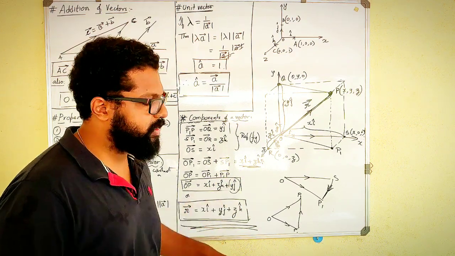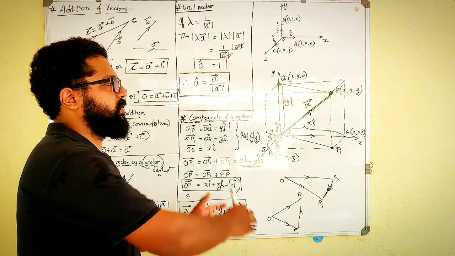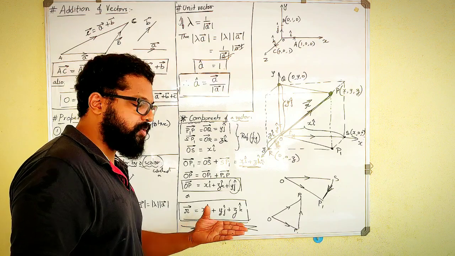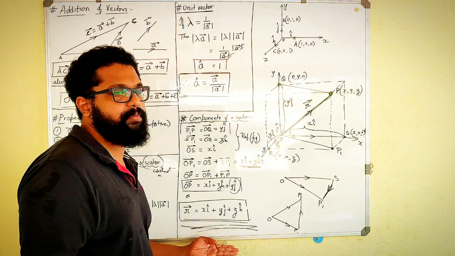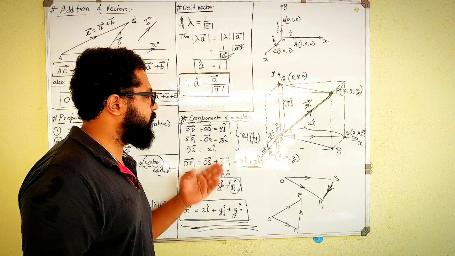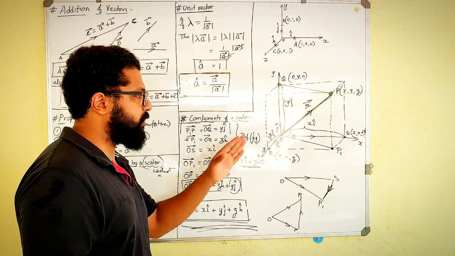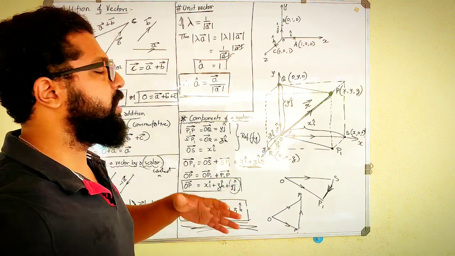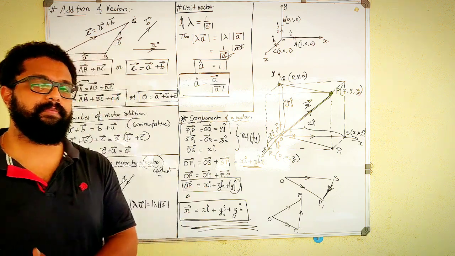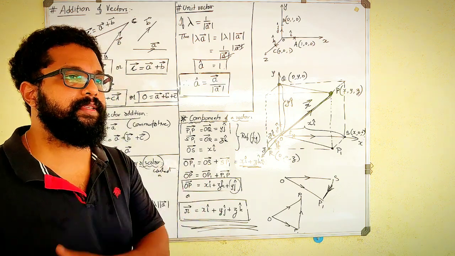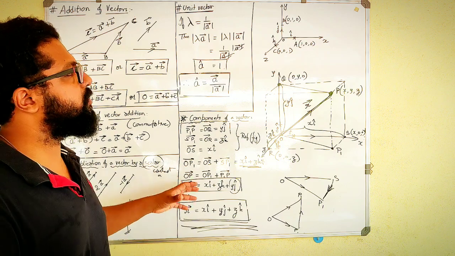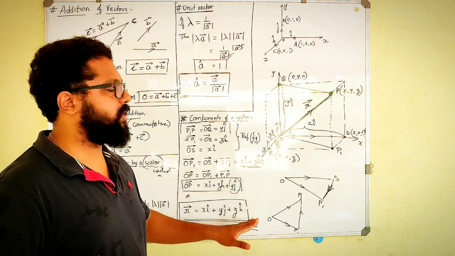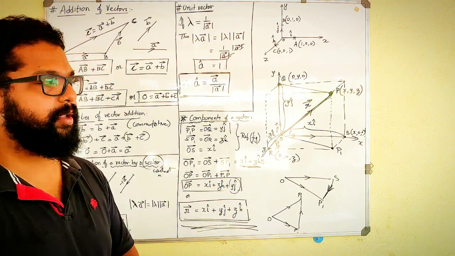And for the numericals, from the examination point of view, this derivation is not at all there. But yeah, to understand this concept and solve the problems, because all the problems related to vectors will be based on this particular formula or the component of a vector itself. Okay, so the geometrical meaning of this as well as the algebraic representation is very important. So understand this, rewind this video again and try to remember, recall, or if you have any doubts and want me to explain this again, please post a message so that I will re-explain this concept of component of a vector, so you can understand this clearly and we can move on to the numericals. Okay. Thank you.